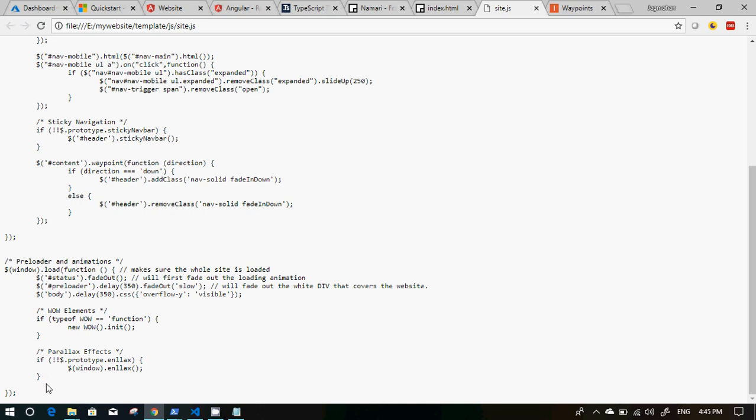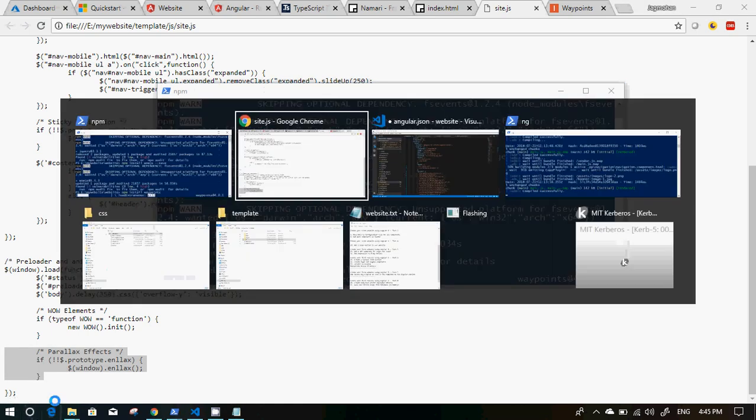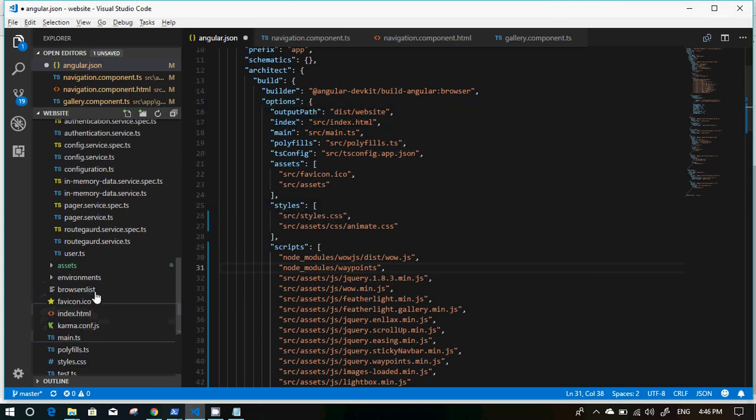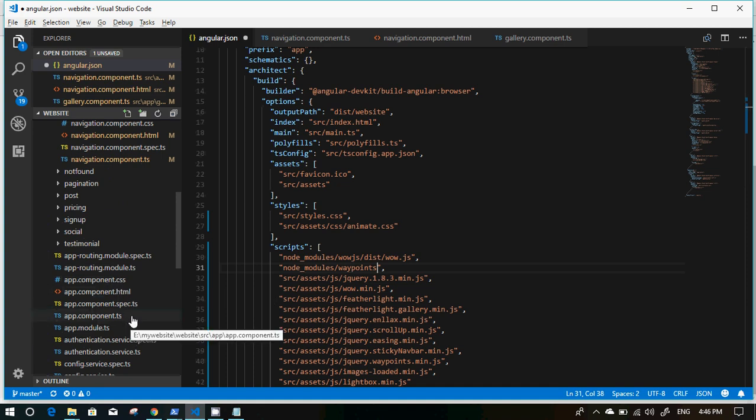And here is the parallax effect. So the parallax effect needs to be loaded when the window load function runs, so at the initialization time. So let's see if we initialize the header component. No, we do not need that. So we need this at the time of initializing the app component. So let's paste it there. Okay, we'll complete this here, but till that time let's go to app component,